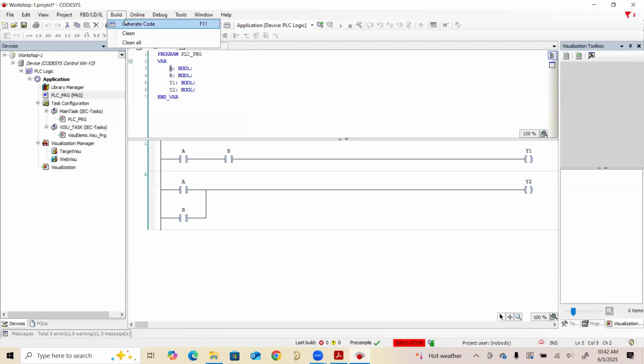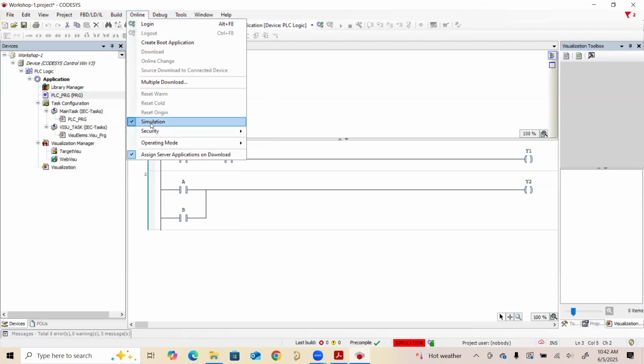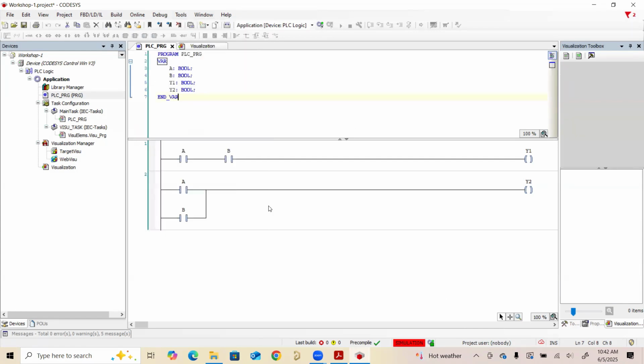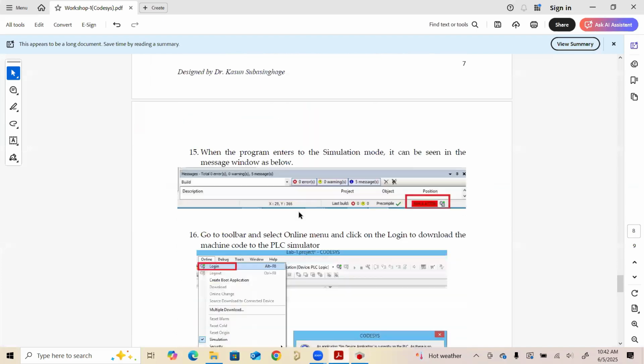Follow the same procedure. Build. You are still on the simulation, so you don't need to select simulation again. Log in, go to debug and start. Then you can simulate the code again. Right. So that is the completion of this